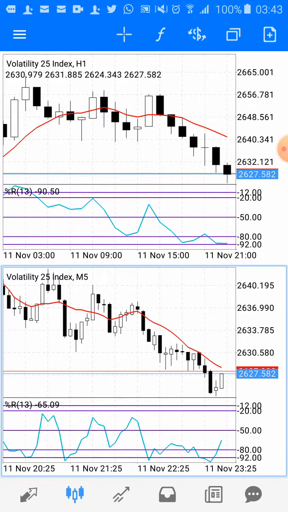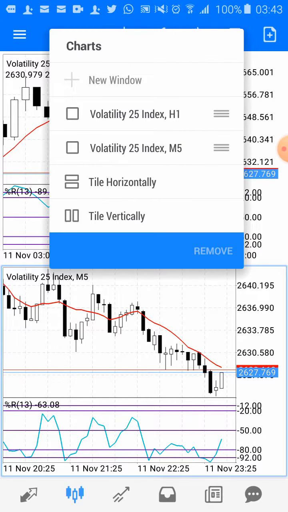Now let me quickly explain the Luluba for you. I can see a very good Luluba on V25, which I wanted to place a trade on this morning right now. So I'm waiting for another confirmation before going into the trade. Let me remove one of these tiles and then leave only. Let me remove this smaller one.